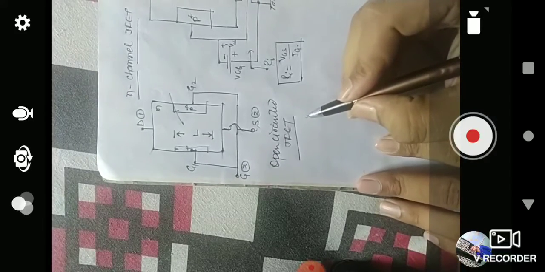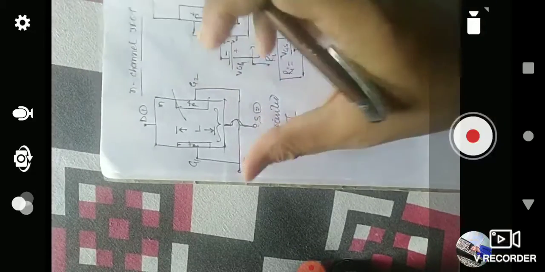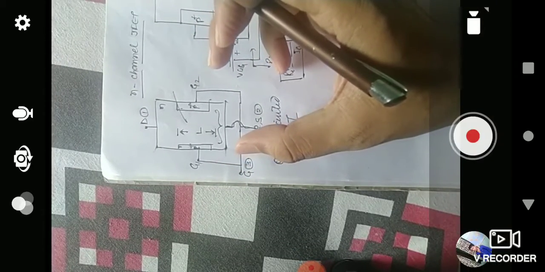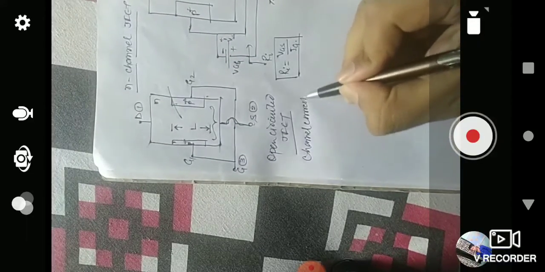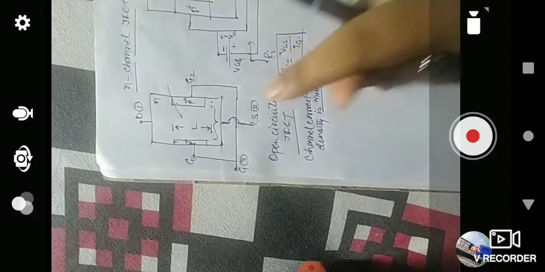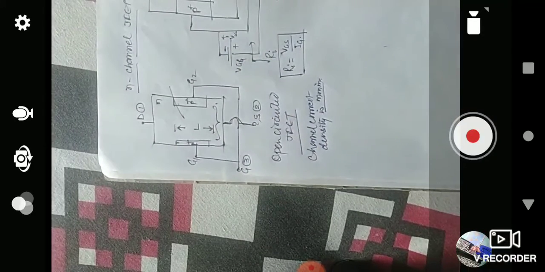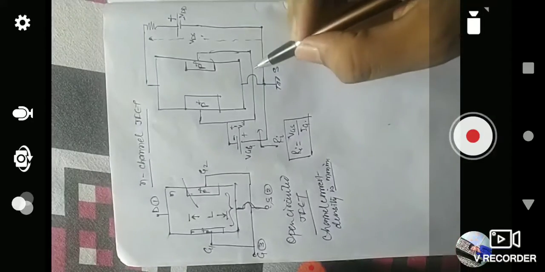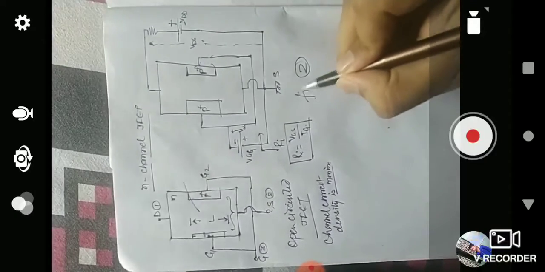In the open circuited JFET, the channel cross section area is maximum, and therefore the channel current density is minimum, because the channel area is maximum. That's why the density is minimum, and this is the channel length actually. So this is open circuited. When we bias the JFET, the circuit diagram will look like this, like figure 2.